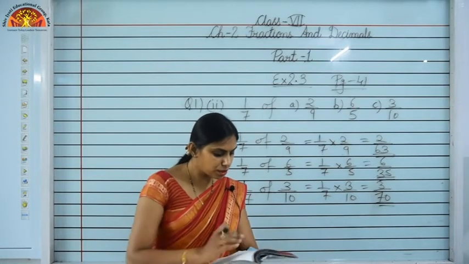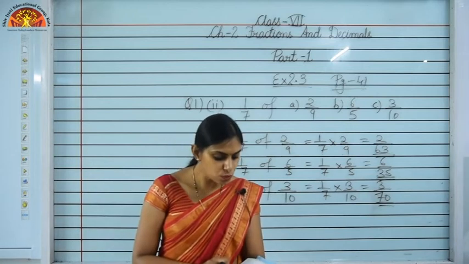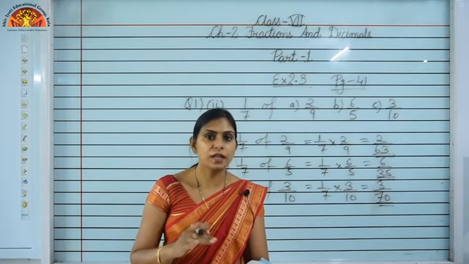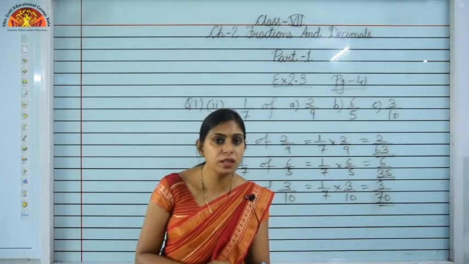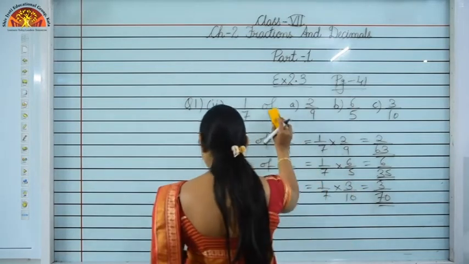That is question number 2. Just go through it. Multiply and reduce to the lowest form if possible. What you have to do? We have to do the simplification in such a manner that your fraction has been reduced to the lowest form. So, just see question number 2, sixth part.